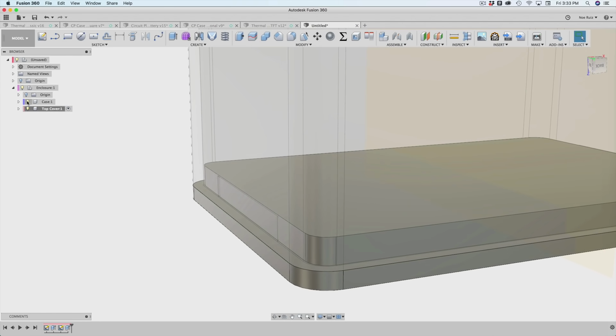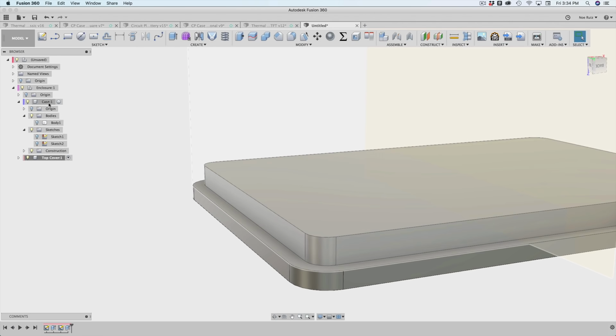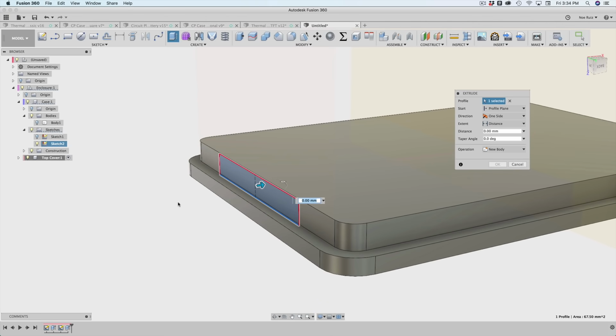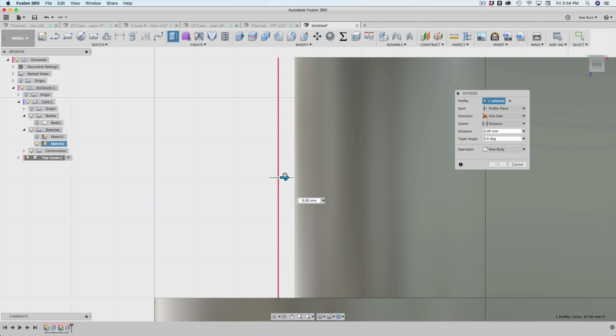We can do that by using the sketch that created the nub. So I'm going to hide this. I'm going to bring back the sketch from the case and turn that on. I'm still inside the top cover, as you can see, it's active, but that doesn't mean I can't use sketches from other components. So I'm going to select that nub profile and hit E on my keyboard. If I look at it straight on, you can see that that gap is